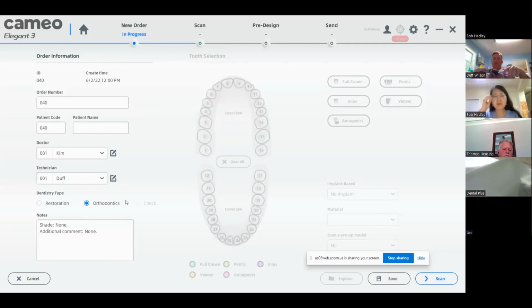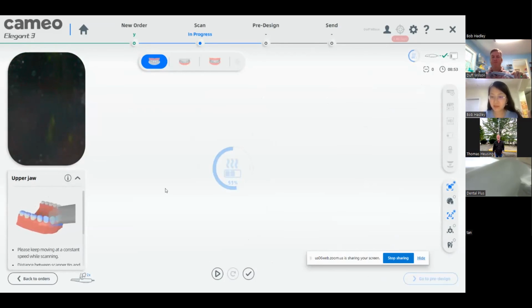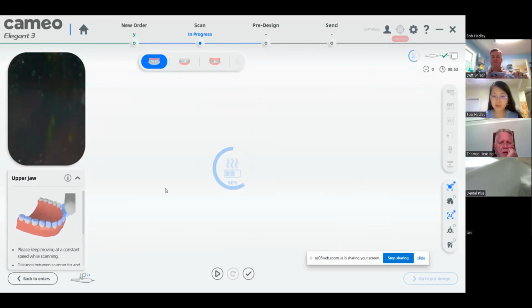And you see there's a light, and when it's on all the way, the light will turn green. And so what you would do is we're just going to create a simple case. So in ortho, it doesn't give you any options. You just go straight to save and scan. And so it's going to take a second to heat the tip up. And I'll scan my palate real quick. You just turn it in there and it'll scan. It actually scans